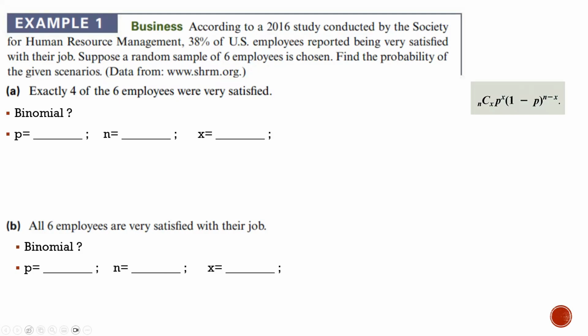So technically we would have to be choosing with replacement. But with replacement or without replacement doesn't matter when you're choosing from all employees in America and you're only choosing 6 of them. Does everyone follow what I'm saying? We can treat this as if they're independent. So the answer for is binomial is yes. So then all we have to do